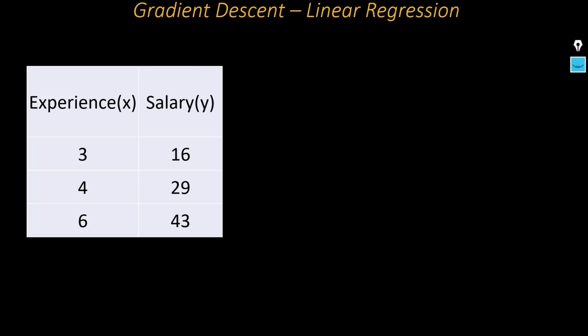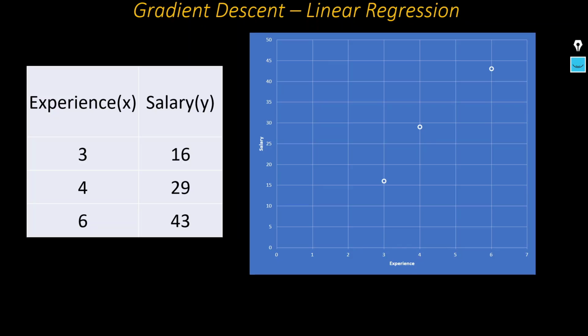In a machine learning model, we can create a best fit line. First we will draw the scatter plot, then we will draw the best fit line by using the machine learning technique. So this is the best fit line, and by using this particular best fit line, we can predict the salary. I want to predict the salary for 2 years of experience. If you see here, for 2 years of experience, our salary would be around $16 per day.